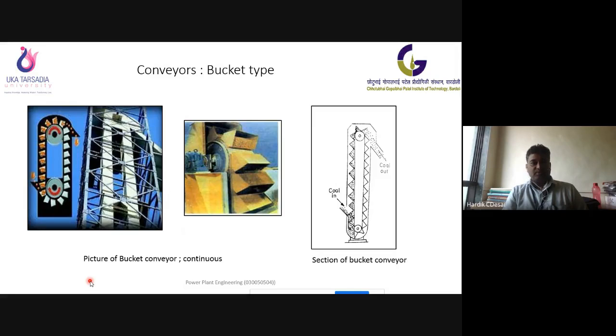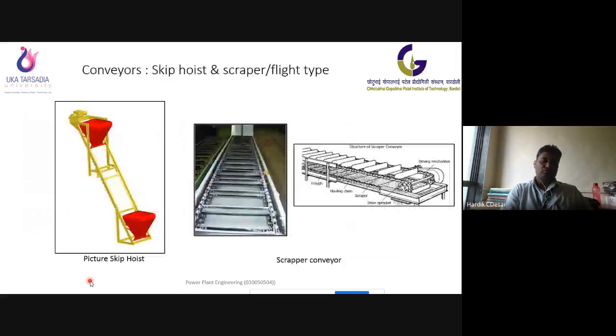So this is the hoist, skip hoist. We want to store the coal or the fuel in this container, or you can say bin. It will be moved in the upward direction with the help of a motor. The chain will be there. Two sprockets will be there to support this movement. Ultimately this bin will move in the upward direction. Then it will be turned down, so that our coal can be moved to some required height.